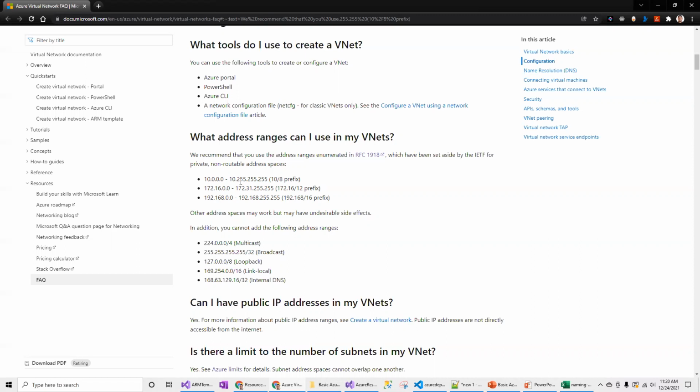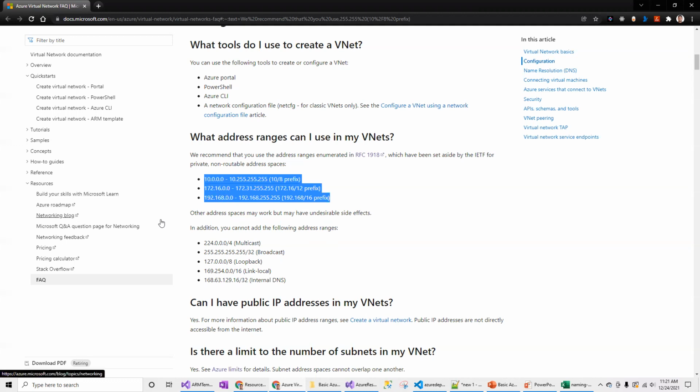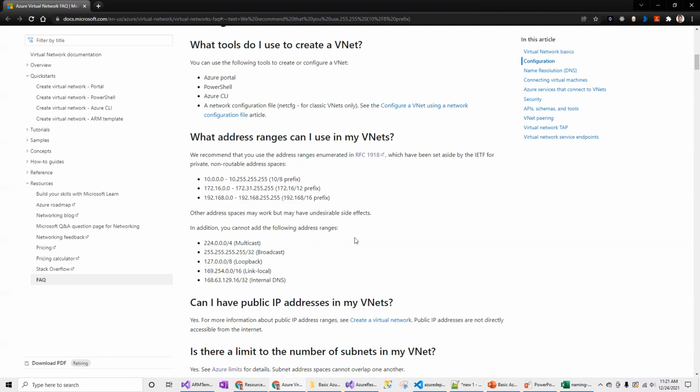So when you're creating the VNets, you can go with the 10 series, 172 or 192 series. These are recommended private IP address ranges when you are creating the Azure Virtual Network. You can still use the other ranges, but there will be some side effects, it looks like. So I would always recommend going with these series.